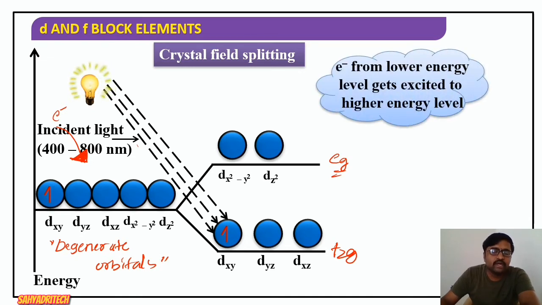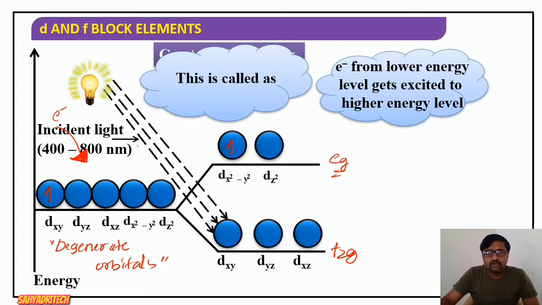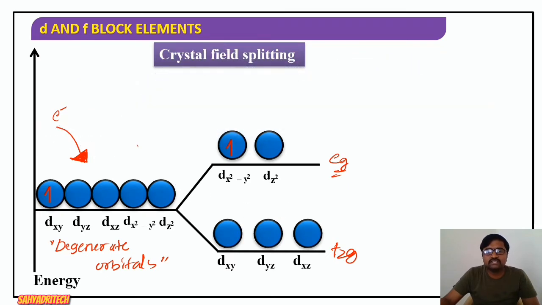That is, movement of an electron takes place from one d orbital to another d orbital. Here the electron is being transferred quantitatively. So we say electrons from a lower energy level get excited to a higher energy level. Well, we know that. So this concept, movement of an electron from a lower energy level to a higher energy level d orbital, is called dd transition. We call this dd transition.